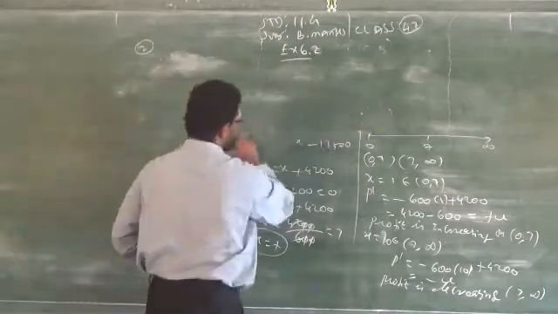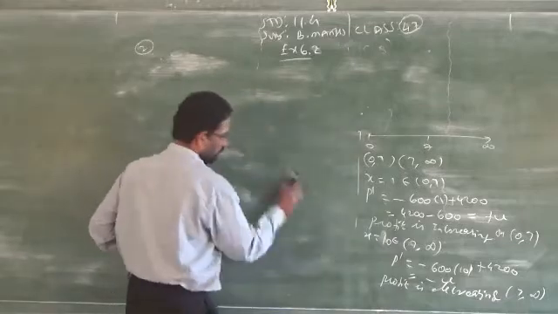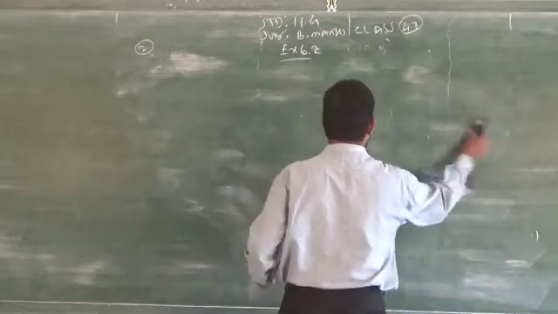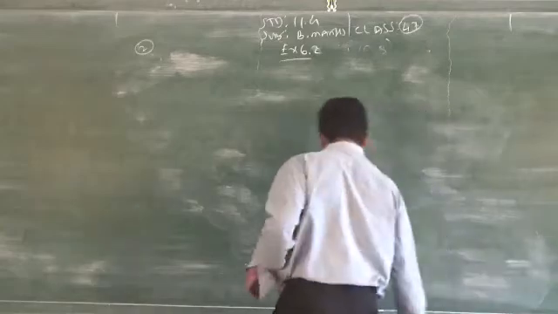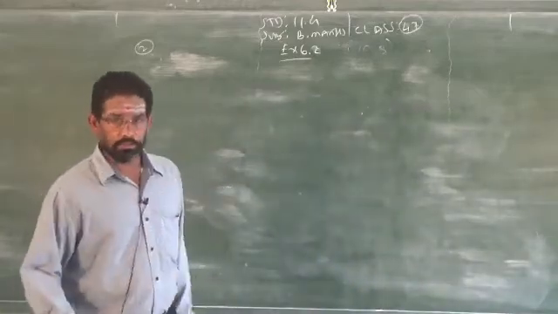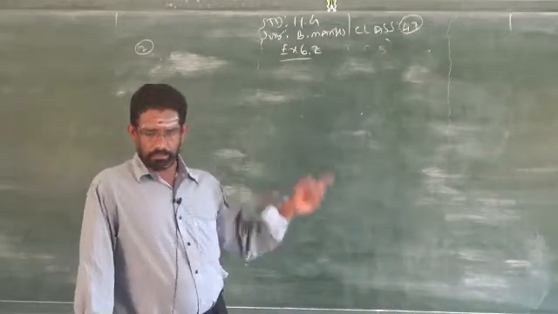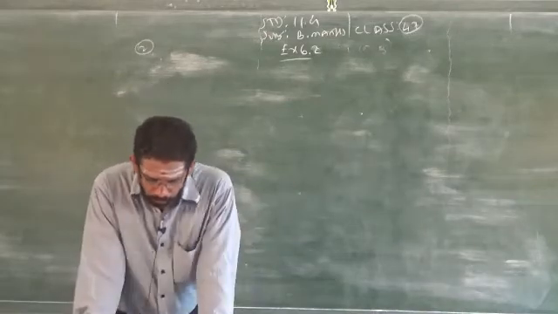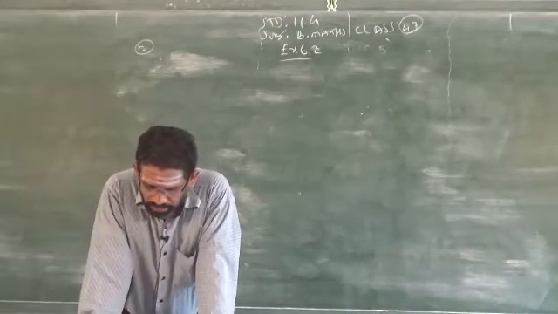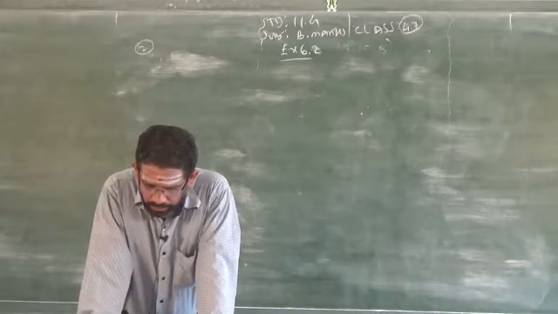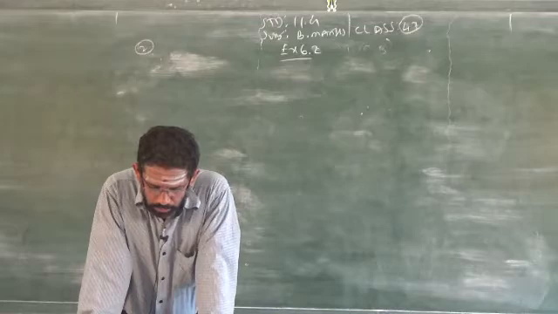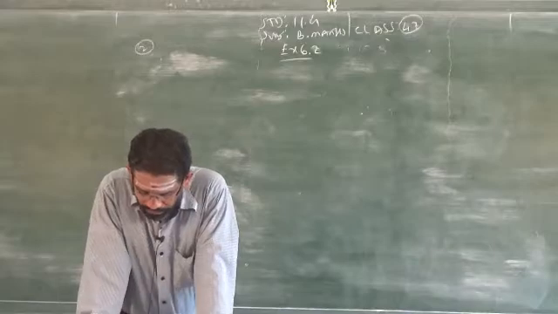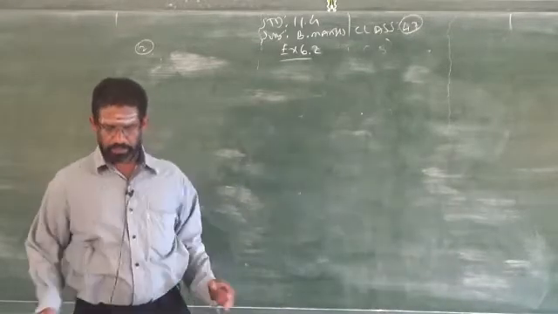In the previous exercise, sum number 13, I made a mistake. Once you receive the videos, please find out where the mistake is in the previous exercise 6.1, sum number 13. Now sum number 3: a monopolist has a demand curve and the average cost, where P is the price per unit and X is the number of units of output. If the total revenue is R equal to Px, determine the output for maximum profit. Now we will go to the sum on maximum profit.